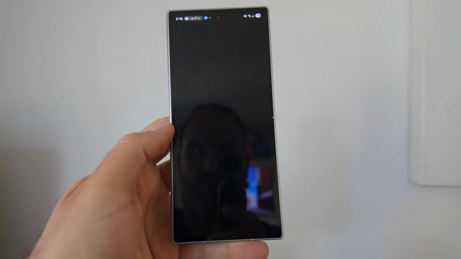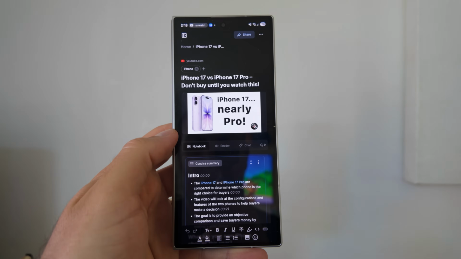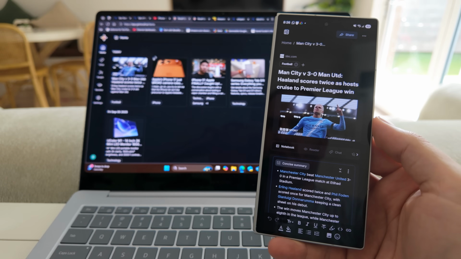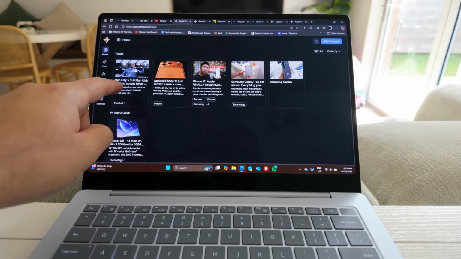I should highlight too that your phone can also have Recall. So you can actually go into the Recall app and share things to that, and then it'll sync it up cross-platform and you can access it even from your phone app or on the website browser. You've got that choice of accessing it on anything.